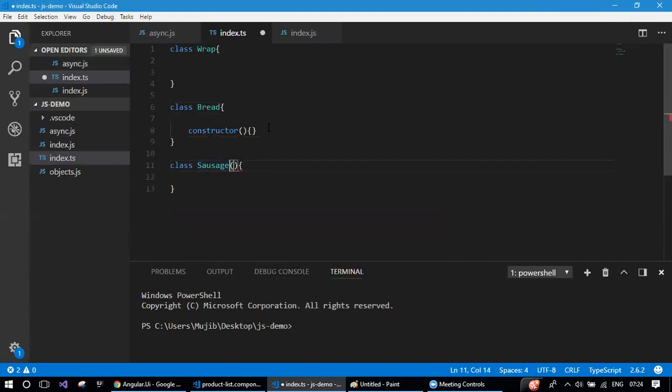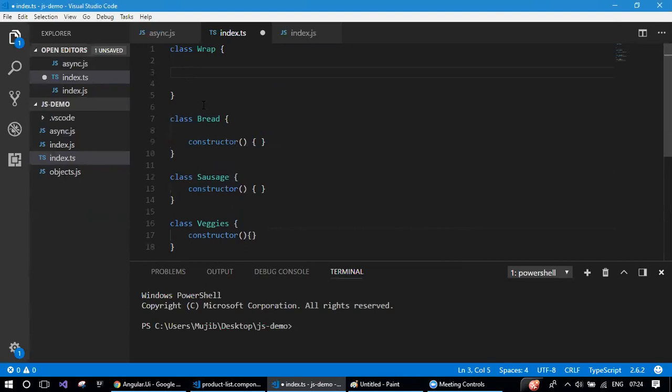Probably I'll go with Sausage. And this has a constructor too. And then you may need some, what else? Veggies. Okay. So this is your initial business. And how would you make a wrap? A wrap is nothing but a combination of your